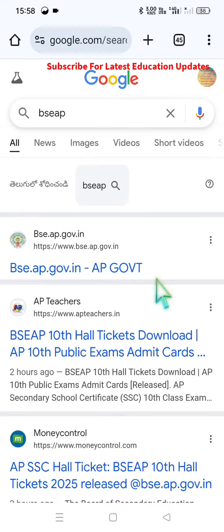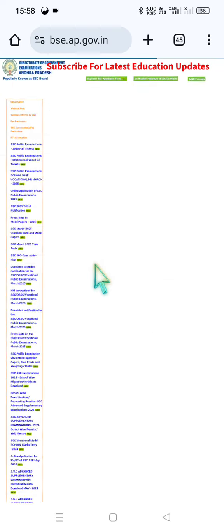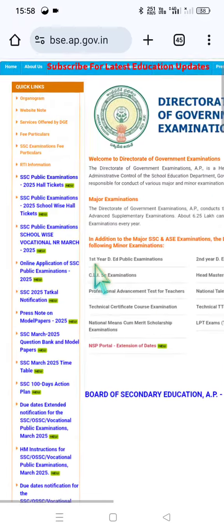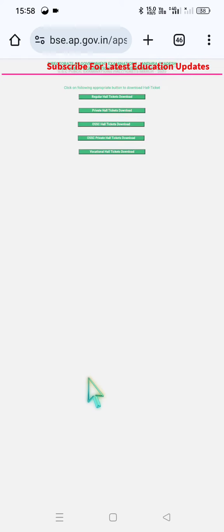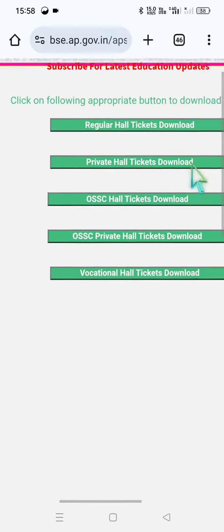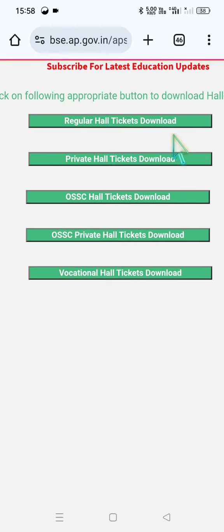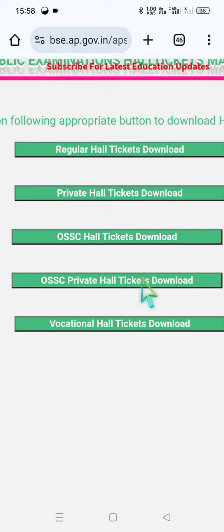So step number 1, please go to www.bse.ap.gov.in as I show on the screen. Click on this website and here you can see the highlighted headline SSC Public Examination 2025 Hall Tickets. Click on this button, then it will show these important headings such as regular hall tickets, private hall tickets, OSSC private and vocational. So if you are a regular student who is appearing 10th class examination, please click on